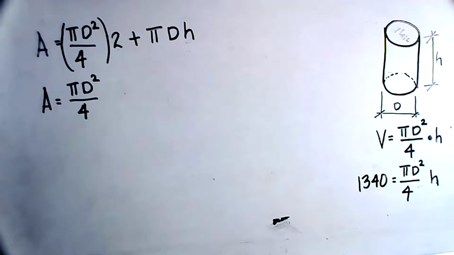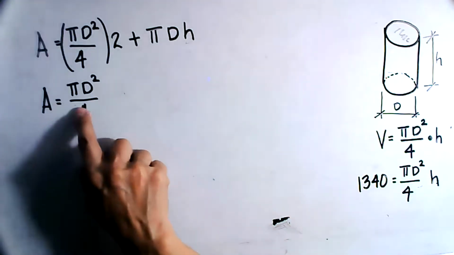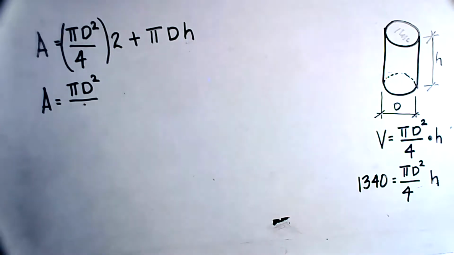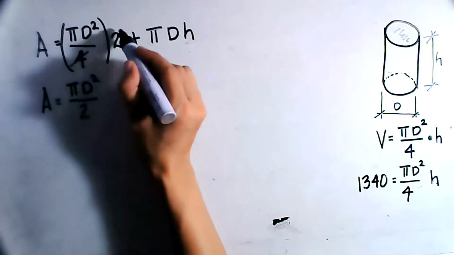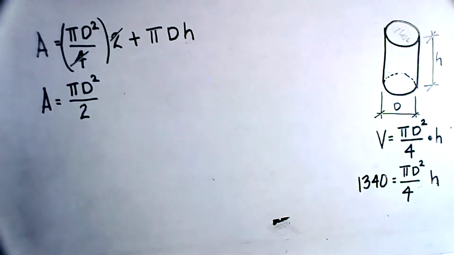That is the one in question. It could be rewritten as pi d squared over 2. That was from 2 divided by 4. So pi d squared over 2